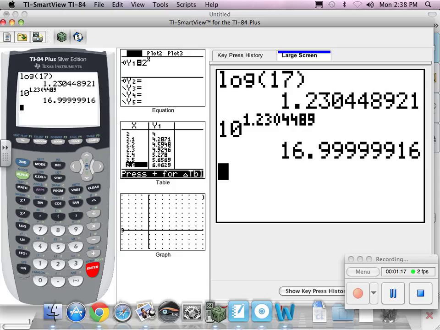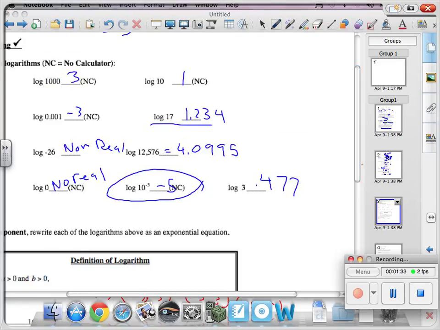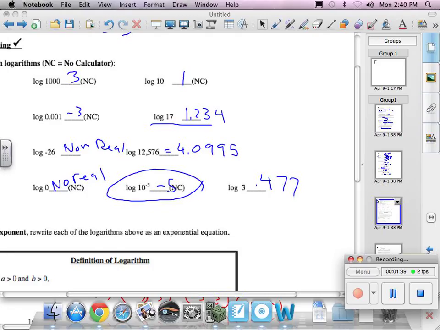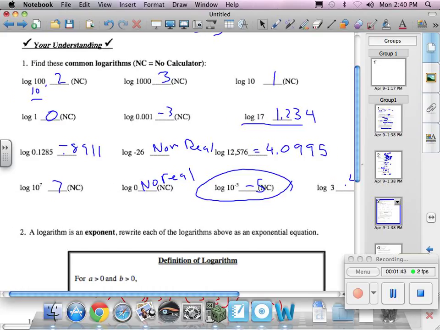Why don't you go ahead and take a couple minutes and fill out the rest of those using the calculator, and not using the calculator, or you can check yourself on the ones like these. Okay? So take a minute and do that. So here are the answers that I got, and if you want to check your answers there, that's a good idea. Some interesting things that came up when I was doing them were